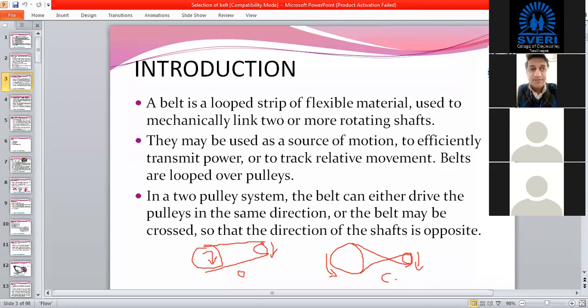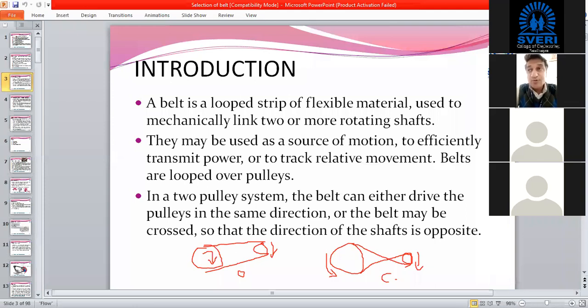So these are some basic things which we have to understand, and later on we have to use this belt drive. But before going to that, let me ask one question. Can you give a single advantage of this belt drive, which is very easy? You might have learned it in your prerequisite subject, applied mechanics? Long distance power transmission. Yeah, power transmission can be done over a long distance. Okay, and that is the major advantage of this belt drive.